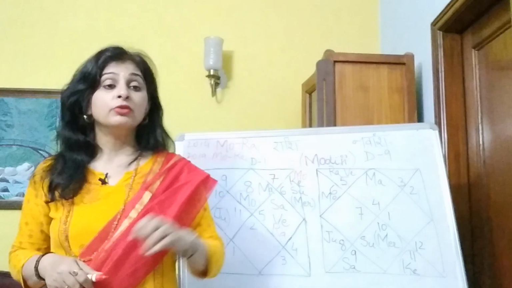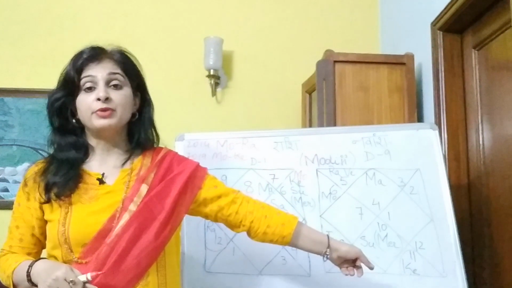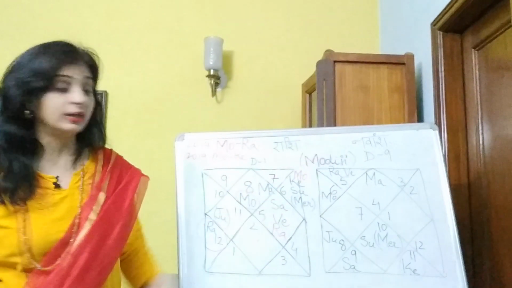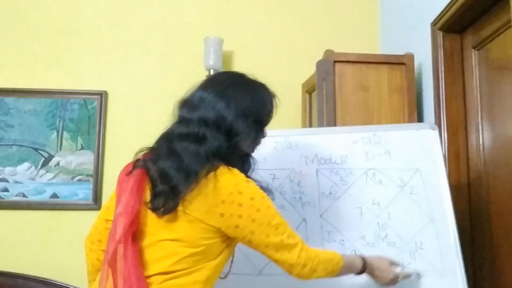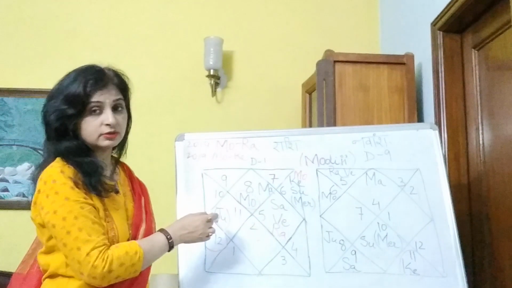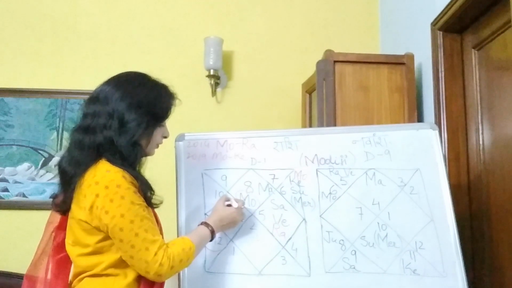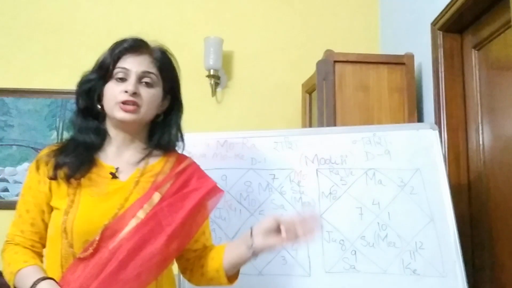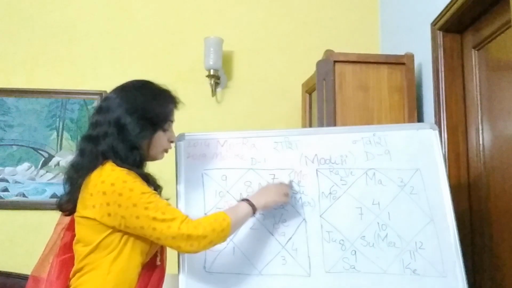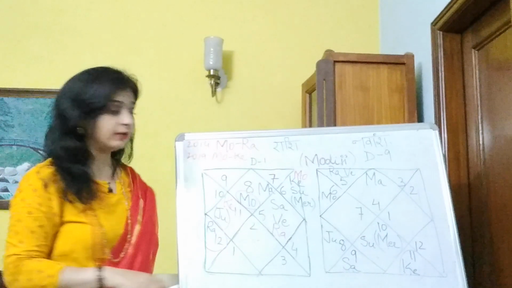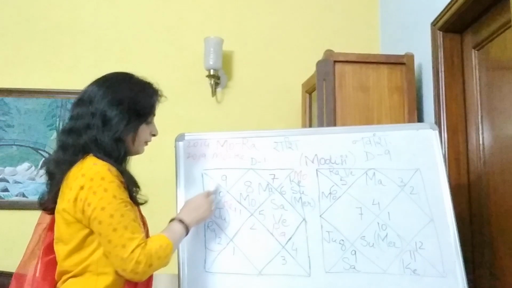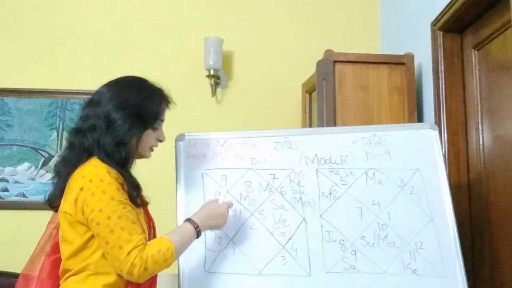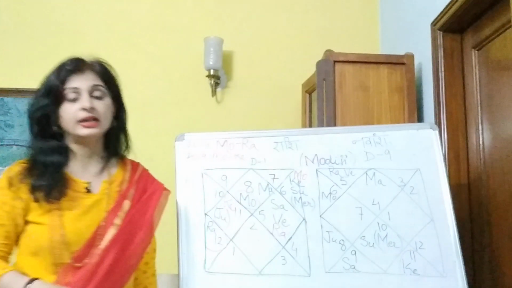So in order to avoid this kind of wrong prediction or confusion, we will use this Rashi Tulya Navamsha technique. We'll just superimpose this Aquarius Ketu onto this Aquarius placement of Ketu. So we will put this Ketu here in this Aquarius, and then we will study the chart. From Ketu to Ketu, how many houses are they away? 1, 2, 3, 4, 5, 6. So they are 6, 8 from each other. From here they are 6, and from here to here they are 8 houses away.